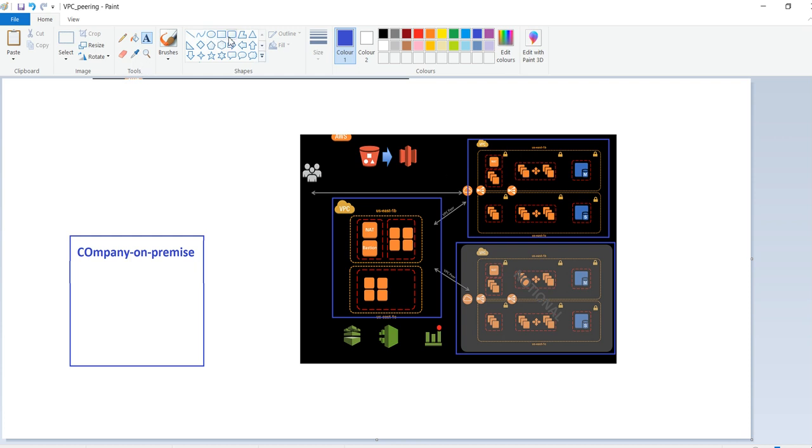For that, what we will do, already from our on-premise to this account the communication is established, right? It is established with the help of on-premise connections like VPN tunnels. We will see in upcoming classes how the connectivity is established between our on-premise and the AWS cloud. So the communication is already established, and this is the managed VPC we are talking about. This managed VPC we will use for management purposes.